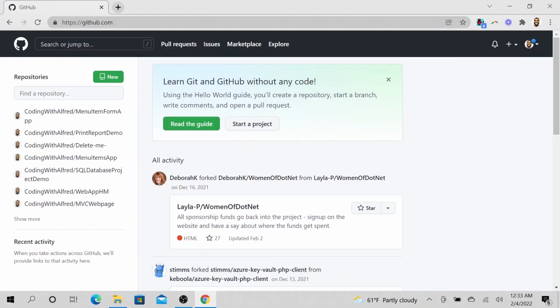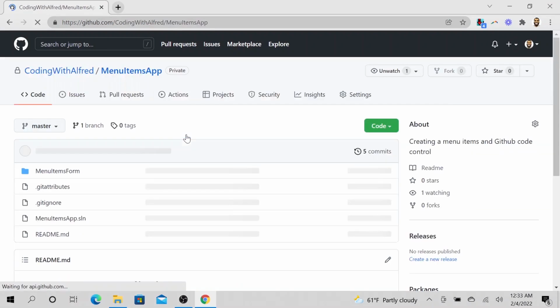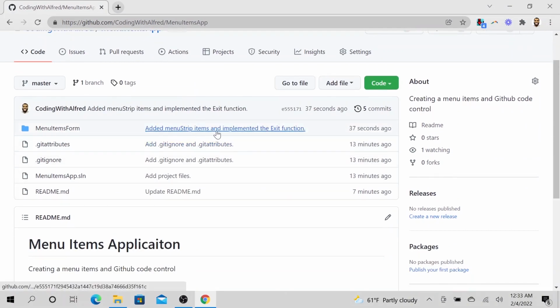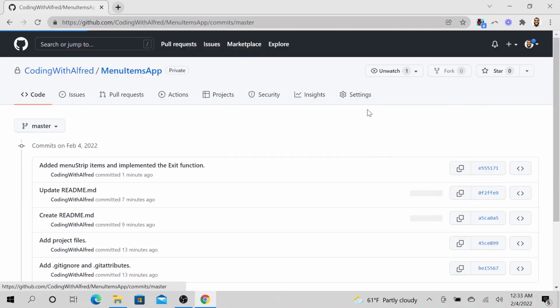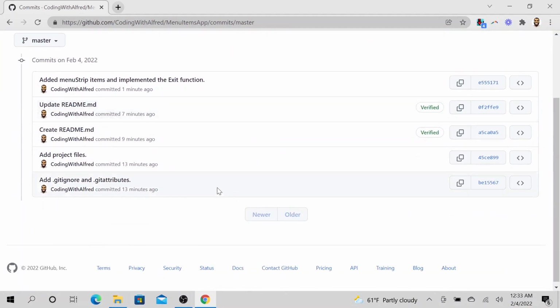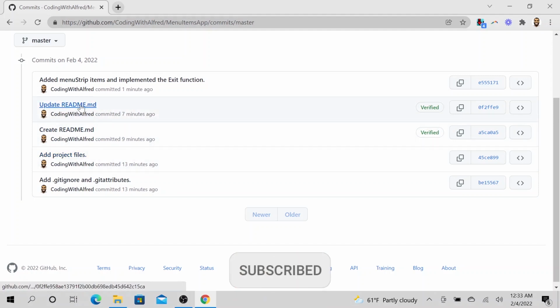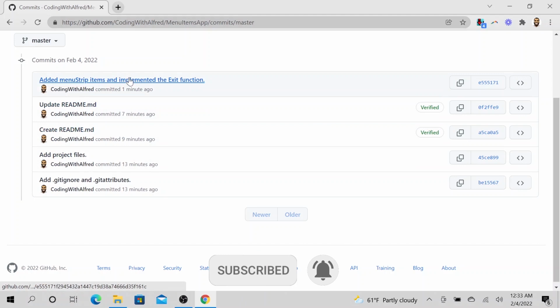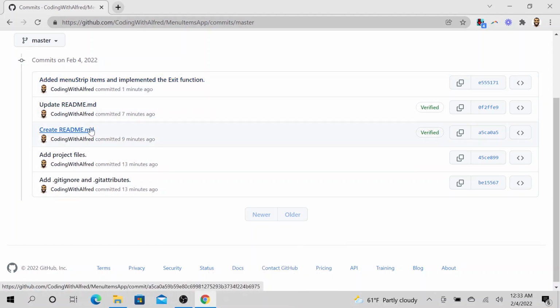So let's go ahead and go to the repository. This is where we left off. As you can see, we have added MenuStrip item and implemented the exit function. Something that will become really important is, let's say you want to revert back to an older version of your code. You could revert back to this or just this, or keep the latest one. If you want to revert back to just before the update, just when we created the readme, you could just go ahead and click here,